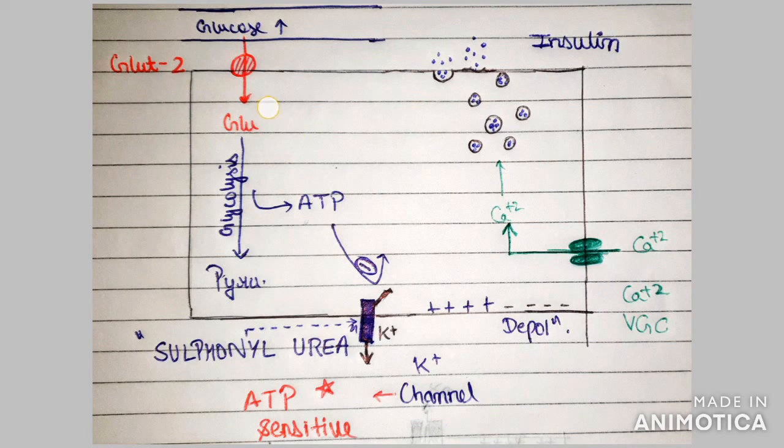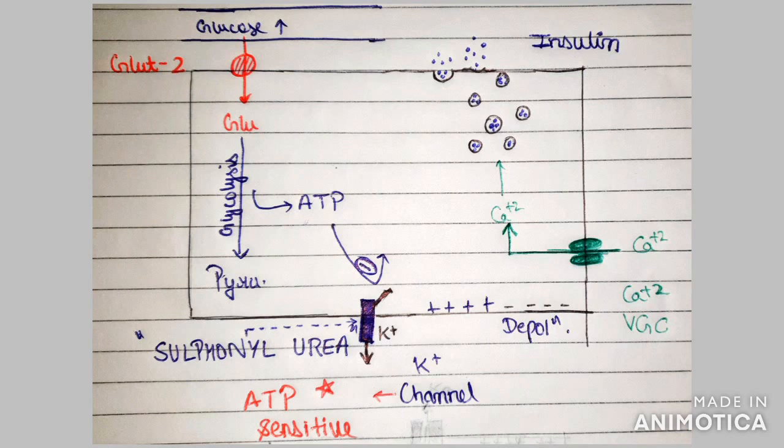As glucose enters, it will be processed through glycolysis and ATP will be generated. On the other side, there are some specialized potassium channels. These usually allow the leaking of potassium ions outside the cell membrane. But what's so special about these potassium channels is they are ATP sensitive, meaning they stop working in the presence of ATP. This will lead to the accumulation of the positively charged potassium ions inside the cell membrane, and that